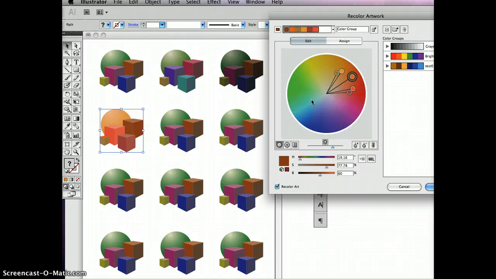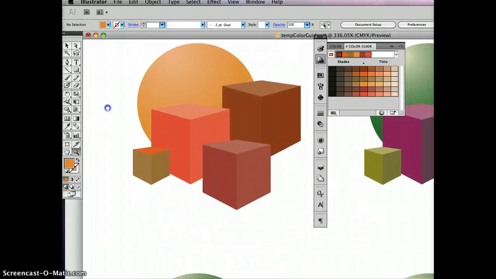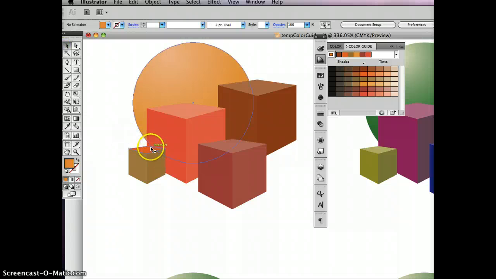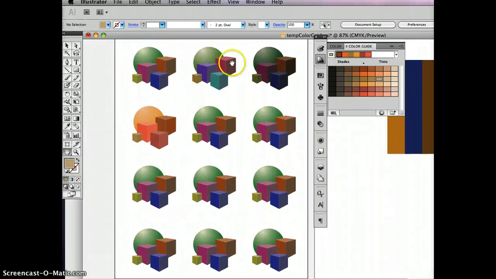Let's pick one that actually has a little bit more problems. Okay, so if you like that, go in and just use the palette options over here and clean this up. It just looks like for whatever reason it had a hard time figuring out that this should have been lighter in color. But if I click over here and just start going to a lighter version of that, maybe that's there. I think that's all it took to fix that one. So not the smartest way to work. I would suggest you just start working from a color harmony to start with, but it just shows you how